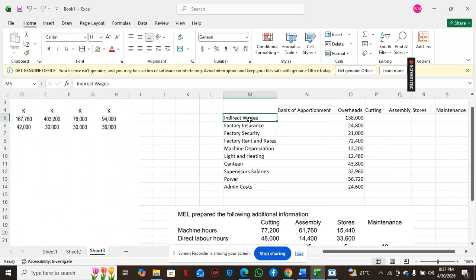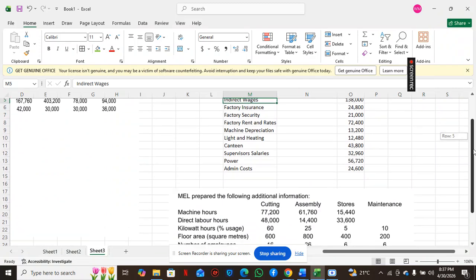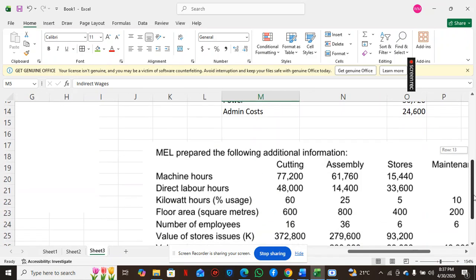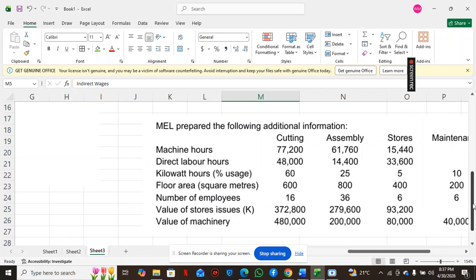All right. So we're going to start with indirect wages. We're going to come to this additional information here, and we're going to ask. So whenever you're choosing what basis to apportion with,